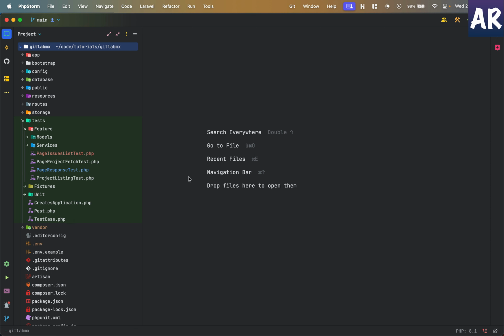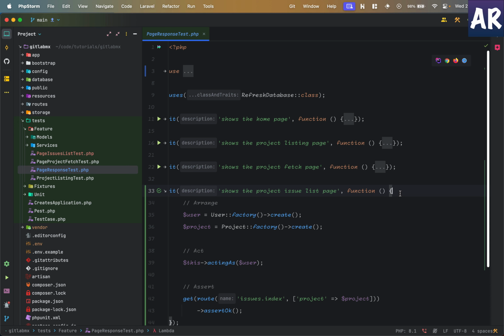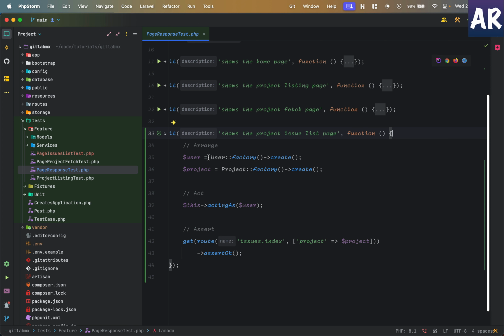So the first test which we are interested in is the page response test. The only addition over here is to just confirm that it shows the project issue list page, right? So that's the pretty standard one which we always do. So we have created a user, we created a project, then acting as a user we are going to this particular route, which is issues.index, and we are passing the project, and then we are asserting that